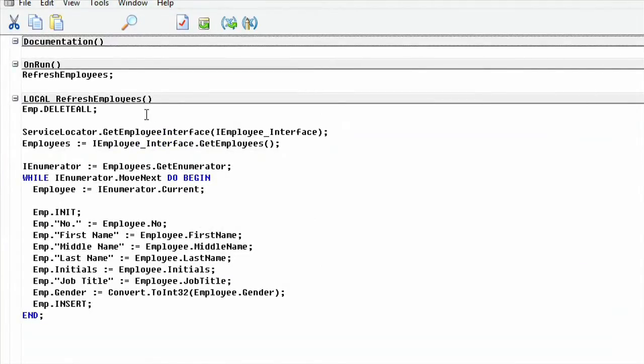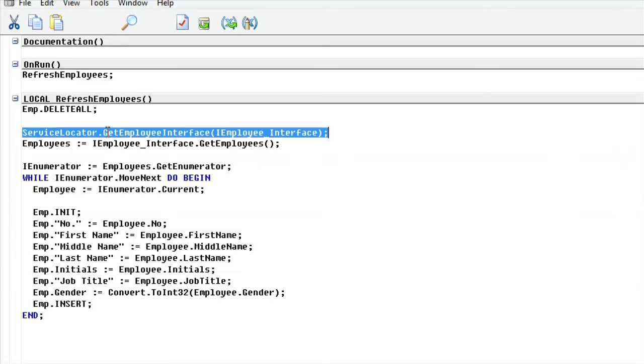First, this employee delete all is just there to show that stuff is really happening. Instead of instantiating and connecting directly to the service, I'm invoking the locator, and I'm asking the locator, get me the interface. And I just pass the interface, this employee interface, to the service locator. And then here, I invoke the getEmployees method on the interface.